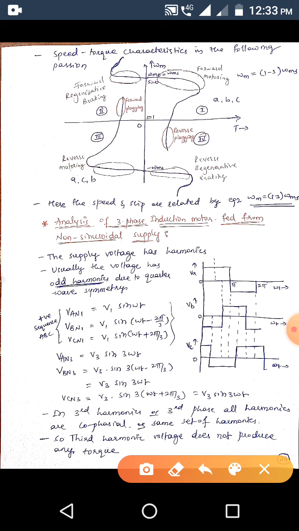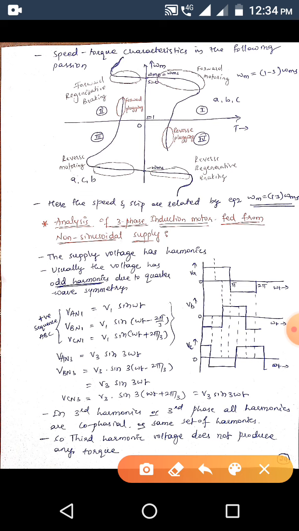Similarly, the same thing we have here is in the negative phase also. When we change the phase, the normal phase voltage is reversed, that is ABC into ACB here. So when we change the phase of the supply or reverse the supply, reverse motoring occurs. In this region reverse motoring happens. Similarly, the negative of that will be reverse regenerative braking here.